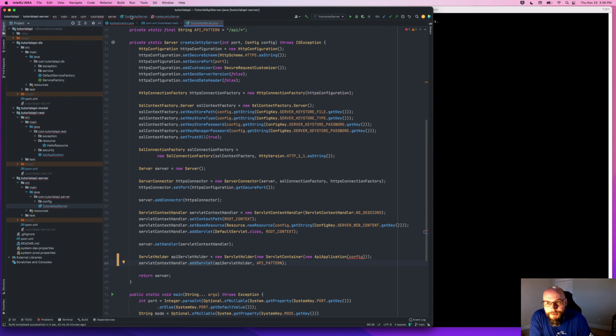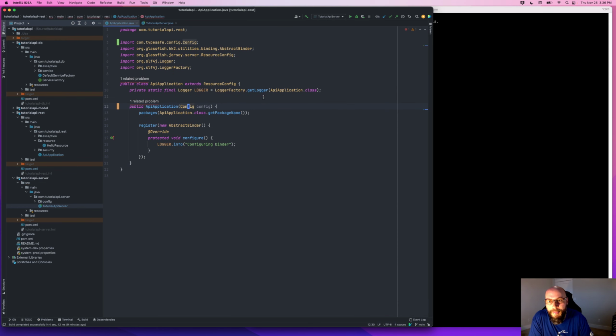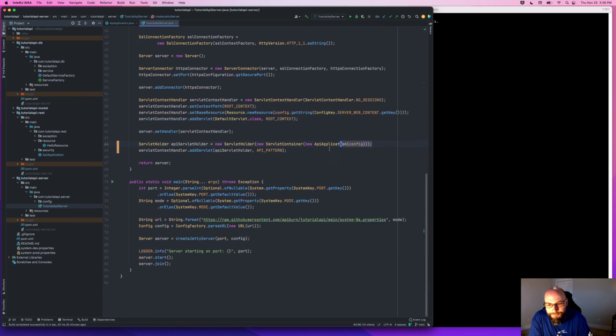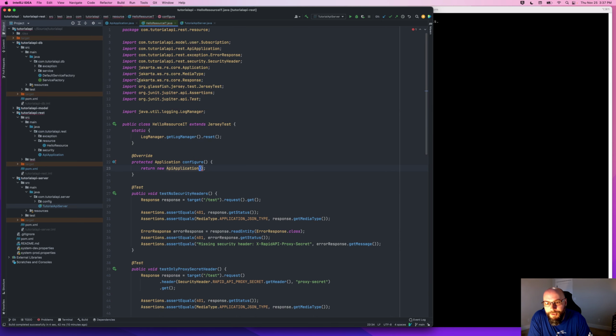So we do have this parameter problem here. That's because we need an import for this config. All right, and that resolves that problem, and everything else looks good. So we do have these related problems. Okay, because we do have